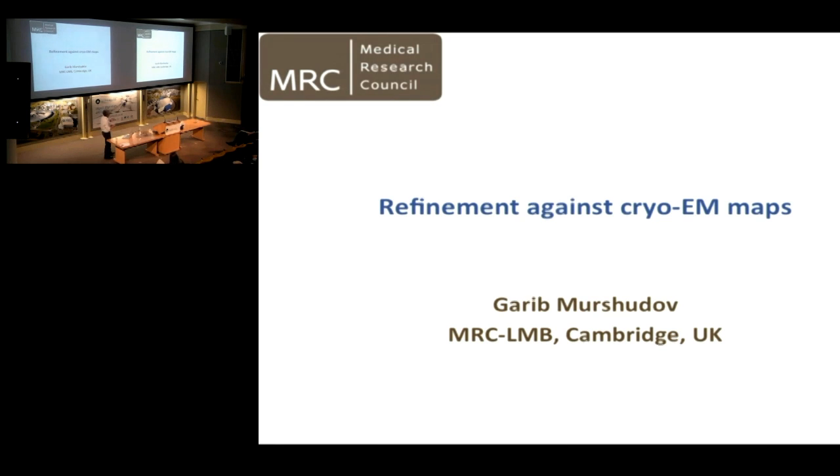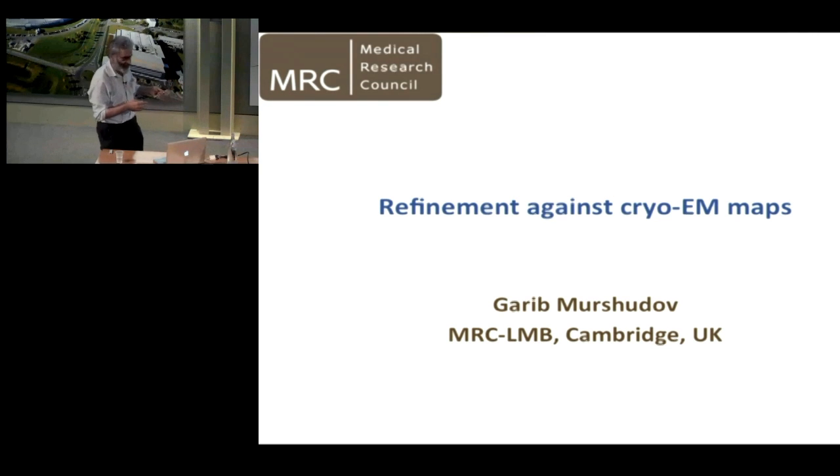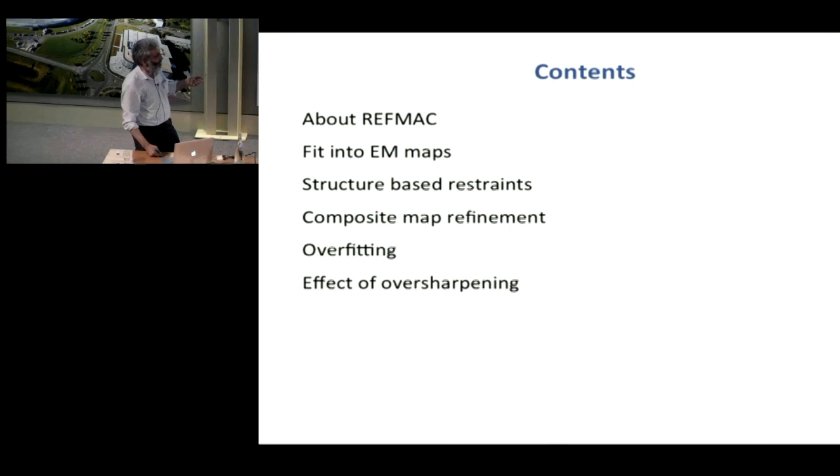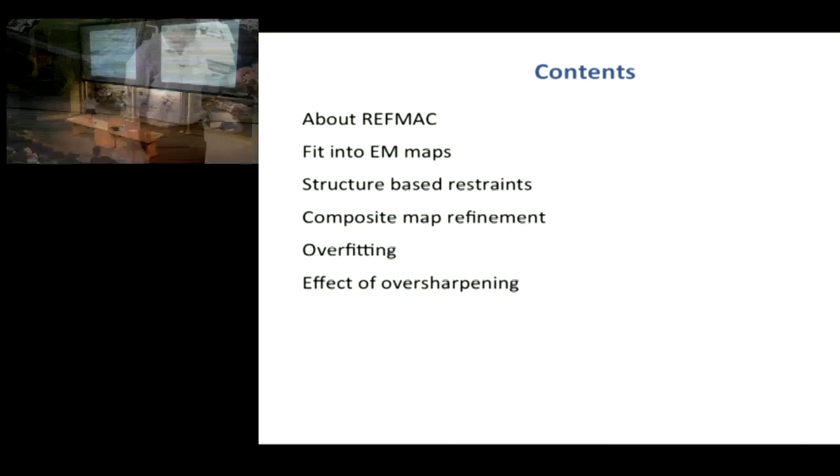So our work comes at the end. When you have maps and you have coordinates, then we can help you. Otherwise, you have to ask George or somebody else to help you. So I'll talk about refinement of atomic models against cryo-EM maps. Here are the contents: I'll tell a little bit about REFMAC, then fitting into cryo-EM maps, then something about structure-based restraints, and then composite map refinement, something about overfitting, and a little bit about the effect of